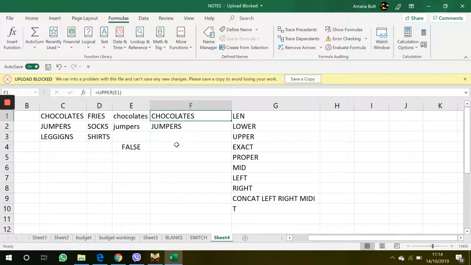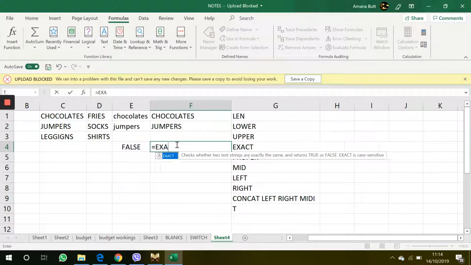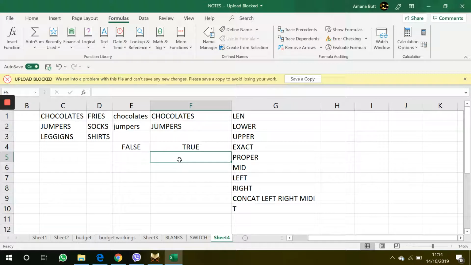letters. So if I do the same exact for this, comma, this, enter, it is true because both are in capital letters, and the spellings are the same as well. But in the other case, this one is a small letter and this one is a capital. So that's why they are not exact. So it is false. You can just find out if something is exact or not by using the formula